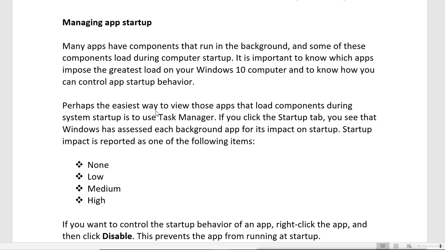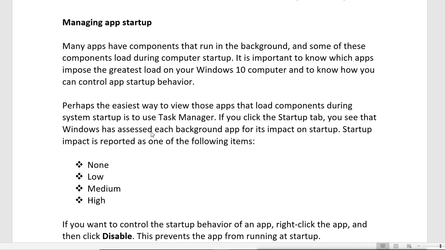Perhaps the easiest way to view those apps that load components during system startup is to use the Task Manager. If you click the Startup tab, you see that Windows has assessed each background app for its impact on startup, and startup impact is reported as one of the following: none, low, medium, or high.